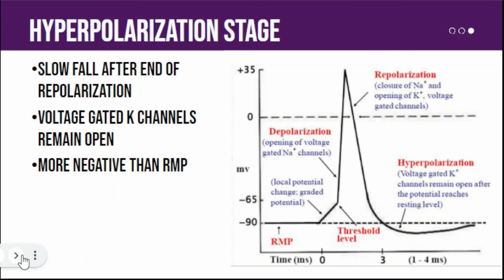And then the last stage of the action potential is called hyperpolarization. Pag sinabing hyperpolarization, lumagpas na ng RMP. Our RMP is negative 94. But look at this, it's way below that negative 94. And why is that? Bakit sobrang bagsak naman? It is because the voltage-gated sodium channels remain open kahit na na-reach na yung RMP. So they remain open even if nasa resting membrane potential na,